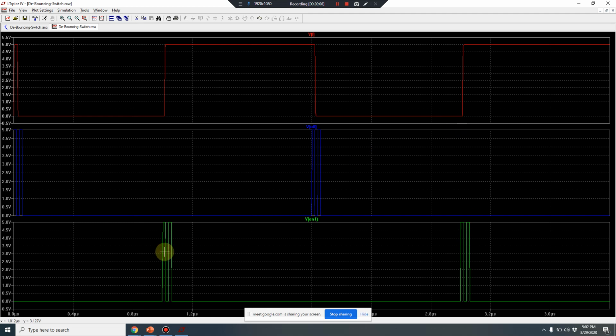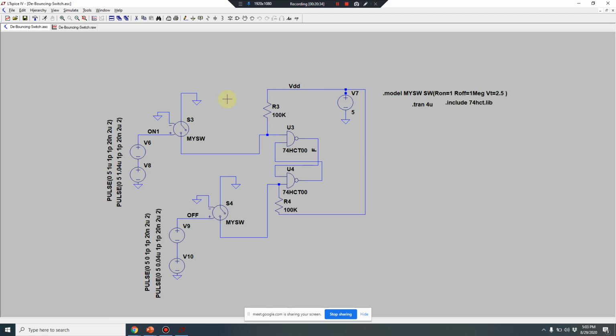So this is known as a debouncing switch. You see what is happening here from these graphs. Is it clear? Okay, so this is the off pulse, blue, which is shown. This is the on pulse. So whenever you are getting an on pulse, this is going high. Whenever there is an off, it is going low. So these multiple iterations, this noise, is not getting reflected at the output. So this is known as the debouncing switch.